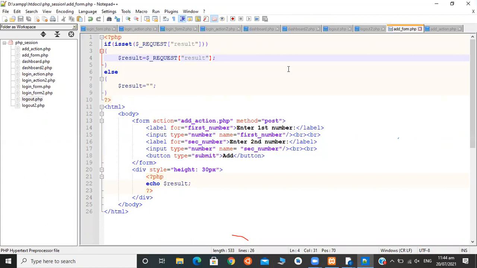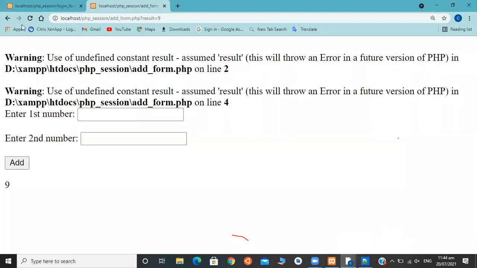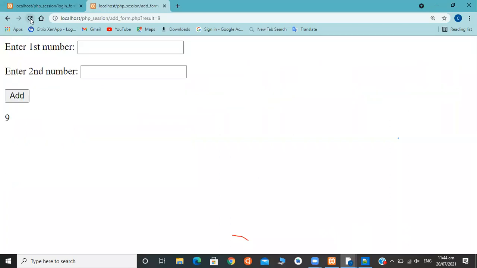Save it. So this 9 got printed here. If I enter 30, add, we are getting 33 over here. Okay.